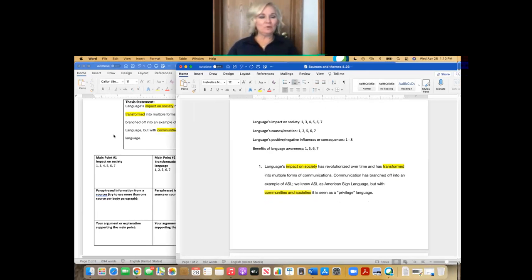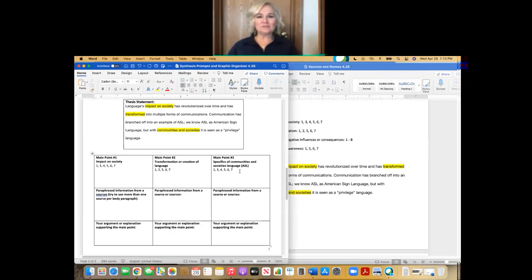So we put the sources in here that we could attach to those main points that we have in our thesis statement. Now, you as a student looking at this thesis statement might look at it and go, it might be too specific, okay? Because we do have to write a 4 to 6 page paper. So if we looked at it and went, that might be a little more specific than we want to be,